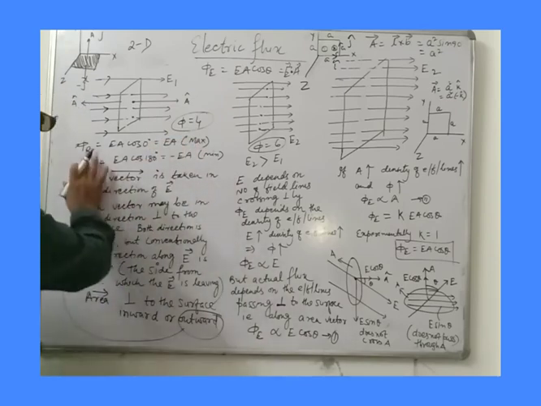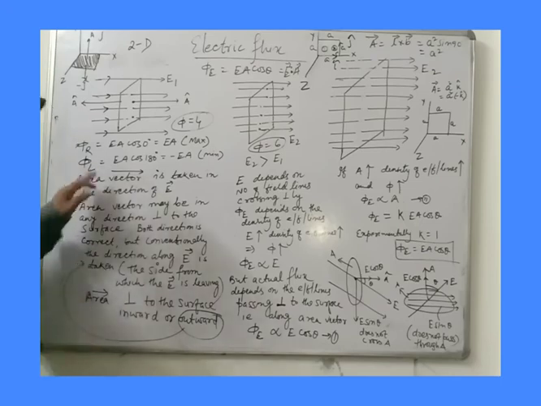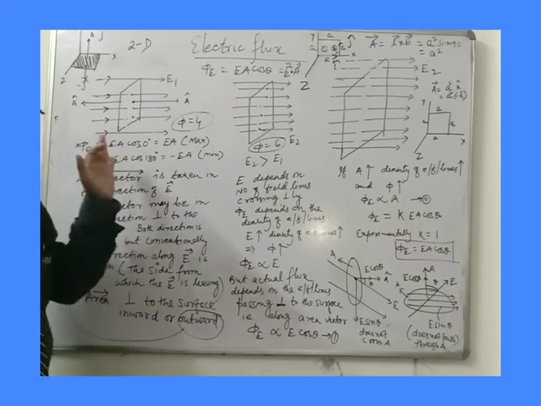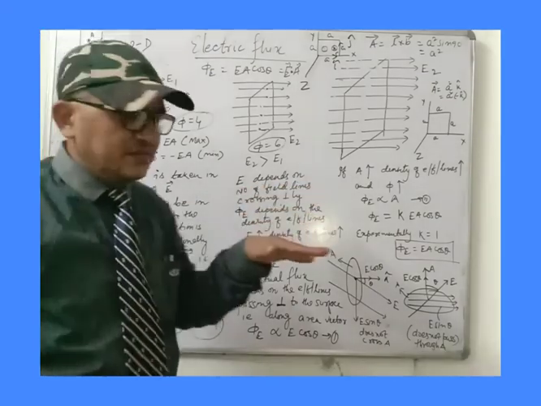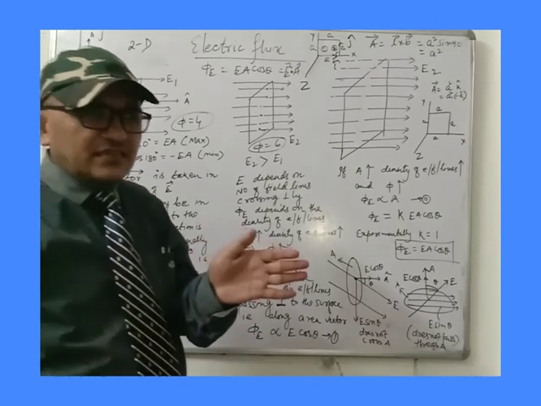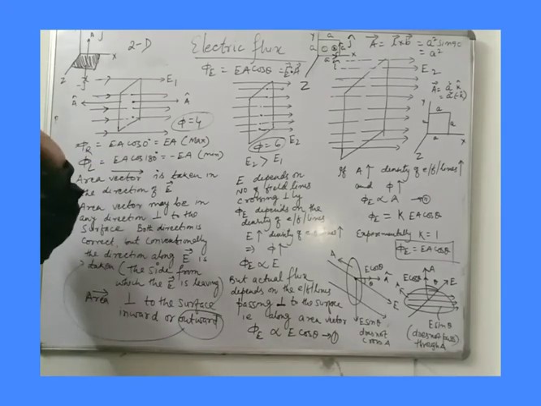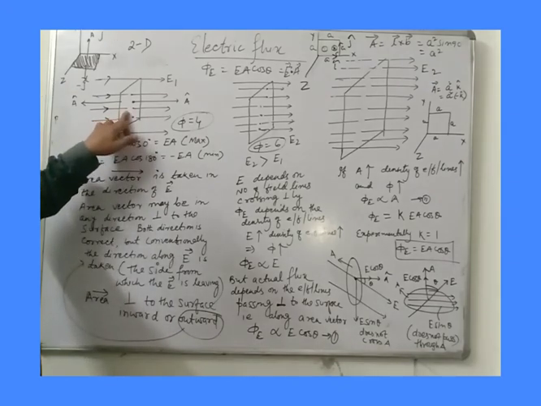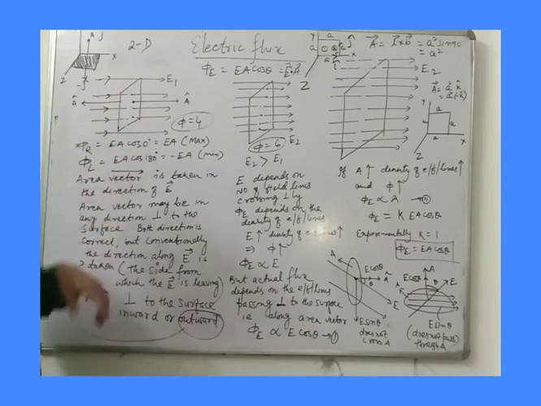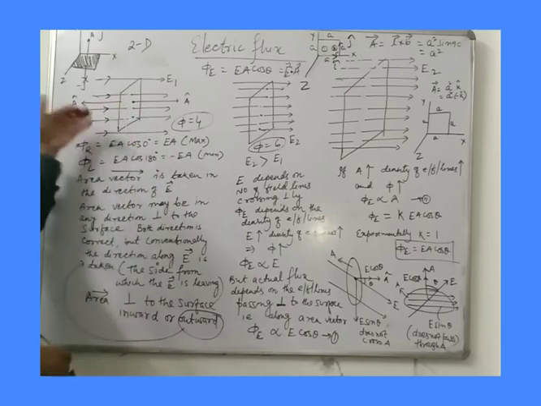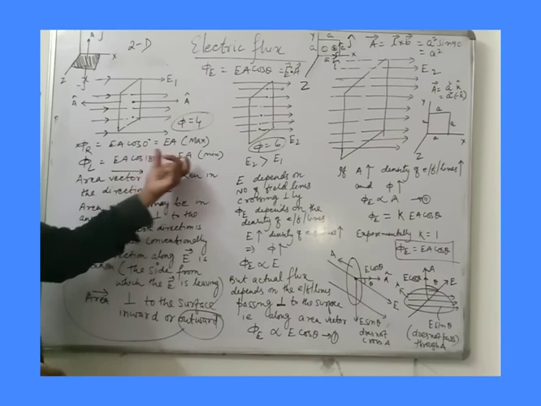Okay. Phi L. What is Phi L? Flux to the left side, meaning when the electric field is entering the surface. The side of the surface where the electric field is entering is the left side. And on that side, the area vector is like this. So in that case, it is EA cos 180. One direction is this, one direction is this. So the angle is 180, giving minus EA.